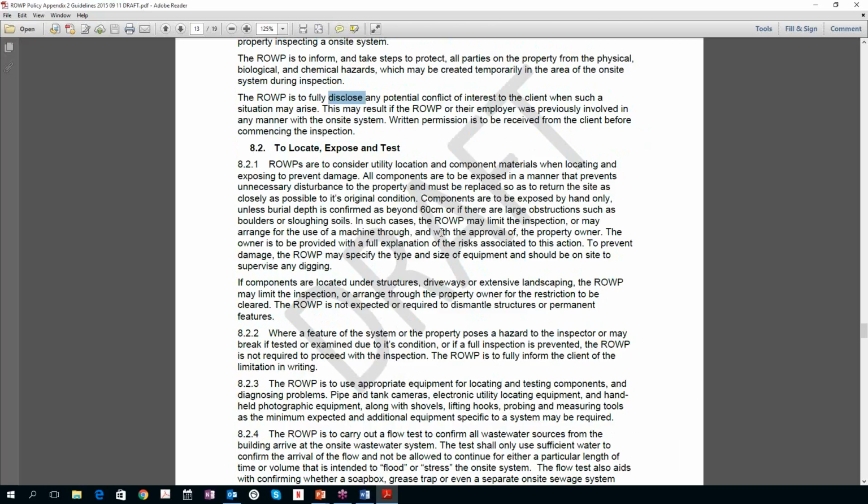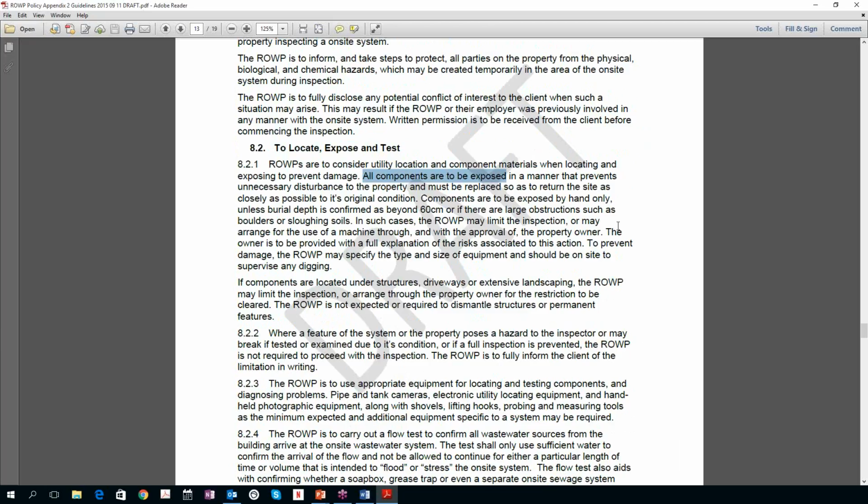Moving on, you've got to locate, expose, and test things. You have to locate all the components. Somebody made a comment about that earlier when I was talking about how your job is to determine how big the system is underneath a CTDS. Well, one way in that case would be to get the documents, see what was drawn, and then confirm it. But typically we have to expose all the components, including accesses to all the tanks, treatment plants, pump chamber, and the D-box. If it's an old system, if it's a gravity system, we can't do an inspection unless we found the D-box, really. That's not quite true.